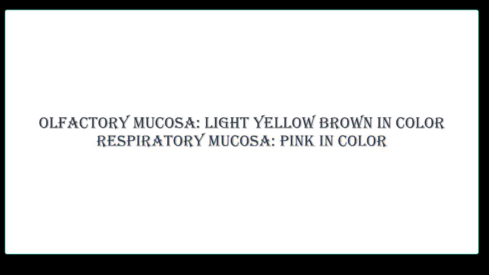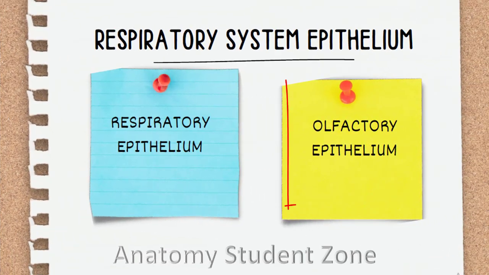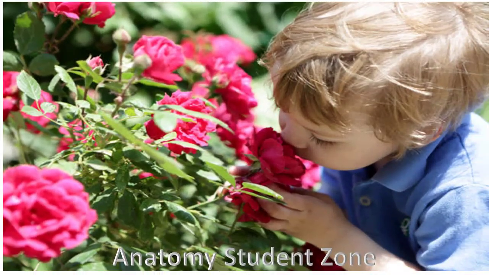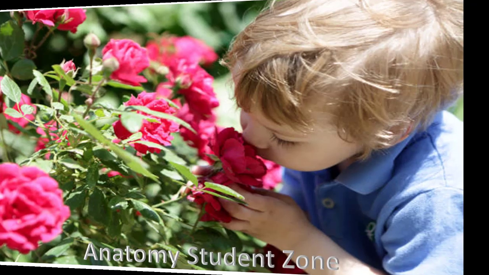Now I will cover the details of the olfactory epithelium: what this epithelium is, and what the different types of cells in this epithelium are. You already know the olfactory chemoreceptors are located in the olfactory epithelium. The function of these chemoreceptors is to sense smell. That's why the olfactory epithelium acts as a receptor for the sensation of smell. This epithelium is also pseudostratified columnar, but it lacks goblet cells, as compared to the respiratory epithelium that had a lot of goblet cells.